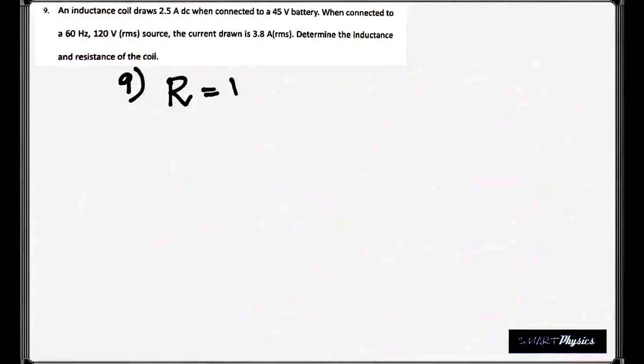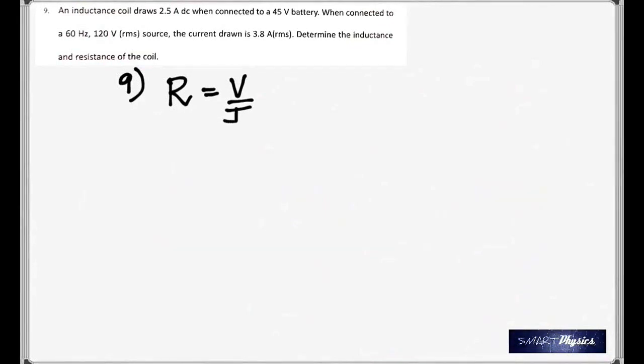An inductance coil draws 2.5 ampere DC when connected to a 45 volt battery. When connected to a 60 hertz 120 volt RMS source, the current drawn is 3.8 ampere. Determine the inductance and resistance of the coil. Good one. Okay, the resistance is voltage by current,